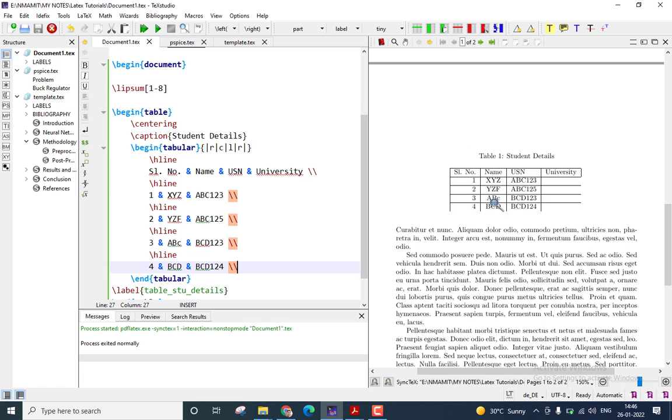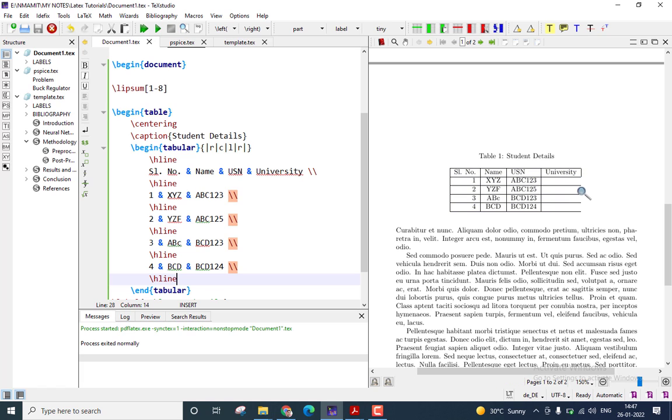Okay, you can see we have 4 rows. We do not have a horizontal line at the end of the 4th row. So I'll go back here and add the /hline command. Okay, save it, run it. You'll see the line now appears. However, we do not have the vertical line appearing here because we do not have any text indicating the 4th